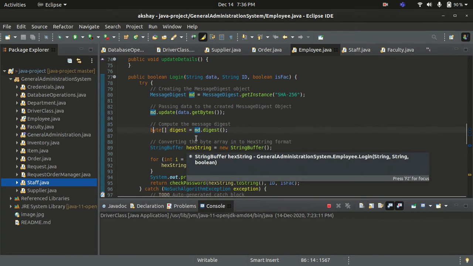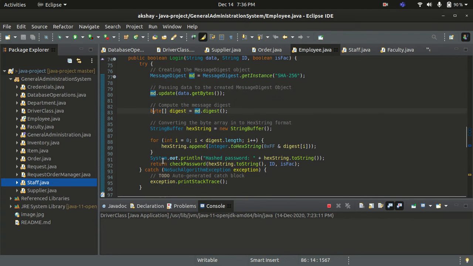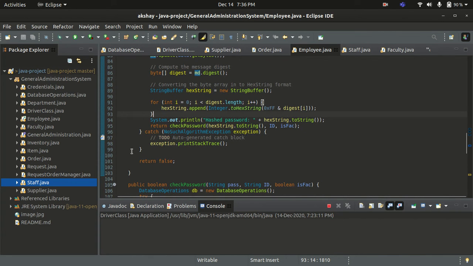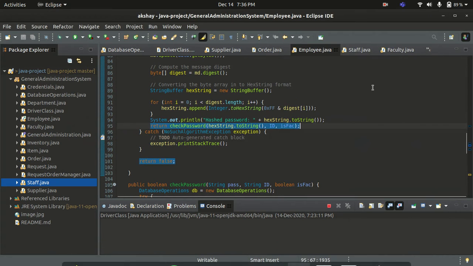And since this hash may have certain characters which may not be printable, it is converted to a hex, and then this function called check password is called, which checks if the password which is given here is the same as the one which is stored in the database.